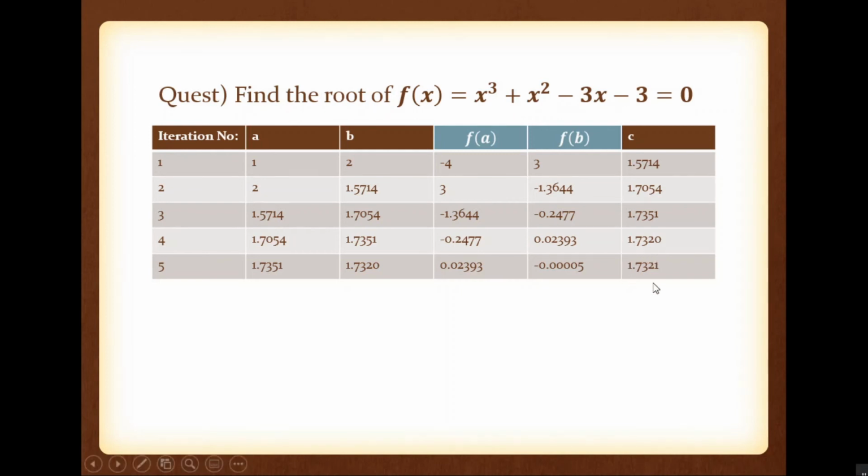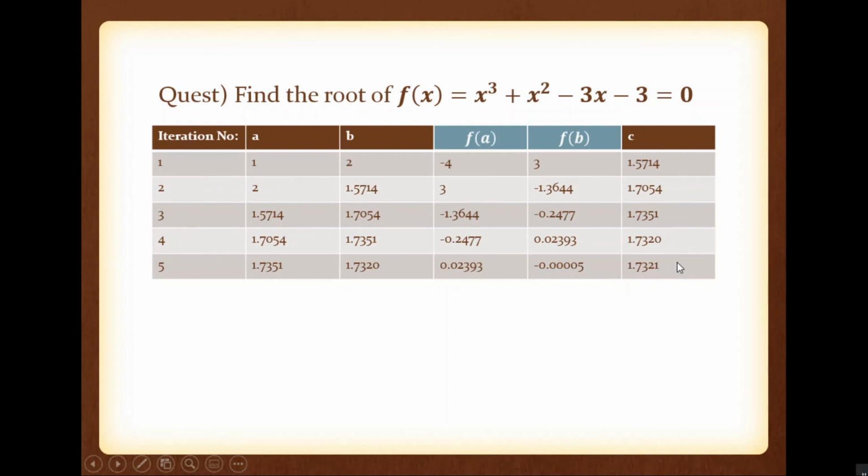Okay. So I actually use f of C as the stopping condition. You can see that the previous value and current value are not equal, but I am stopping here because if you take the corresponding f of C value, it is rounded to 0 if you are using 4 significant digits, meaning the fifth digit is less than 5. So if you round that, definitely it is 0. Here the program is terminated. So the C value is 1.7321.